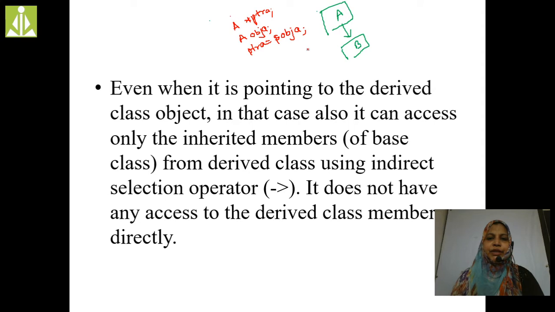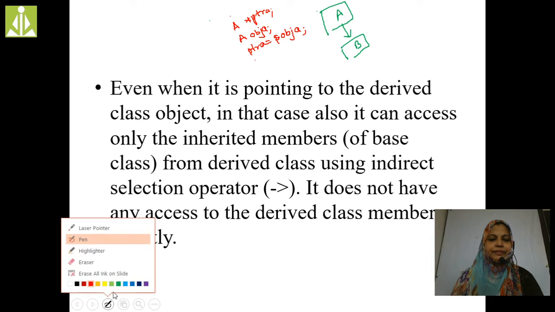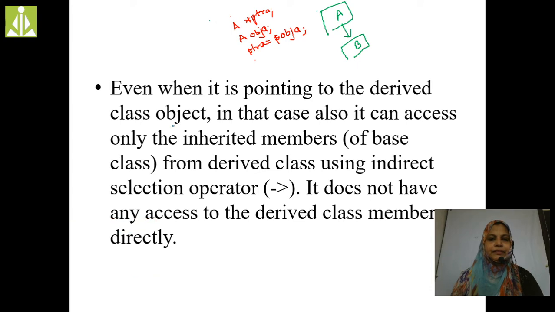When it is pointing to the base class object, it can access the data members and member functions of base class A. Now if it is pointing to the derived class object, I am going to create one object for this: B objB.